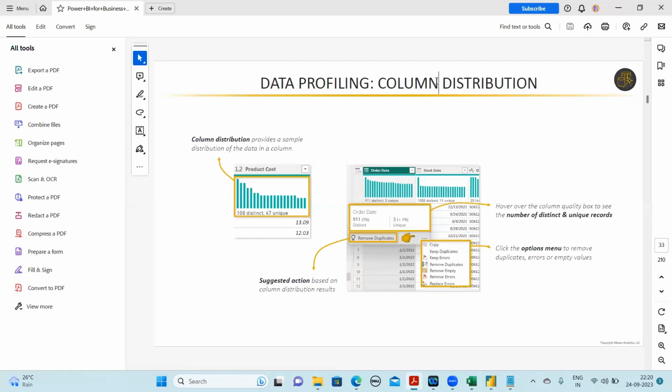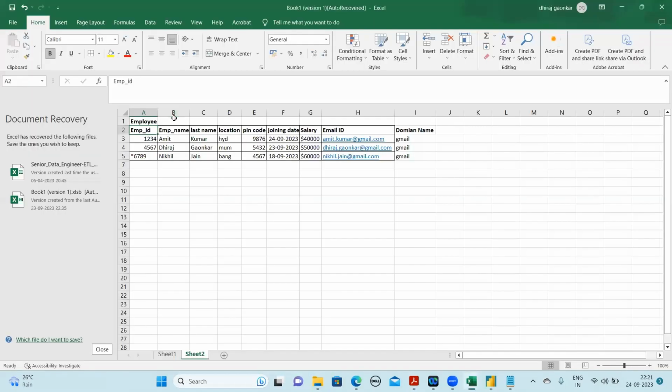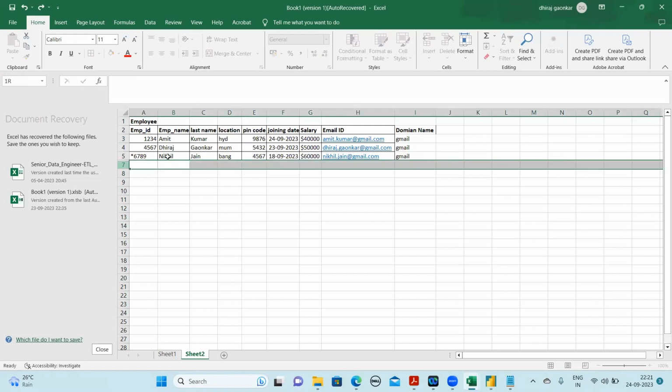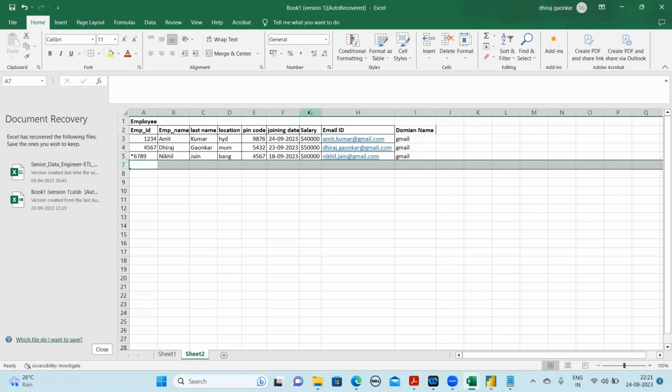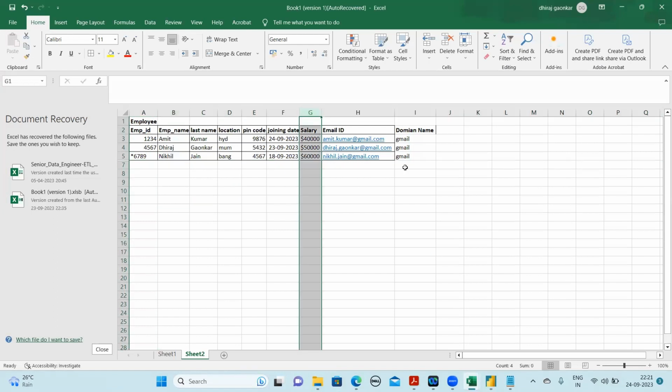If you ask me about the employee name, if I click on the column distribution and click on this column, it is not going to be useful for me, right? Because Amit may have one more Amit with the same company. It is a very valid scenario, so you cannot remove that data. So that is not valid under this. It is only valid for salary counts, minimum and maximum to find out,